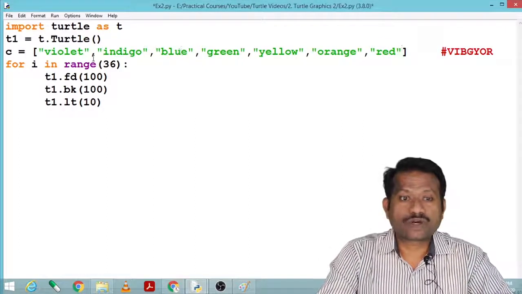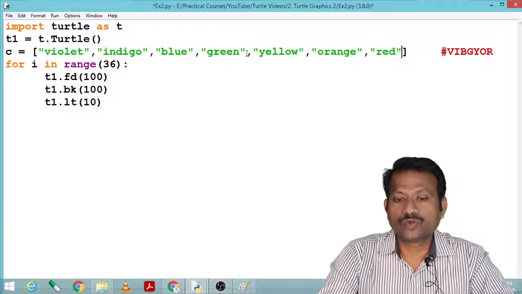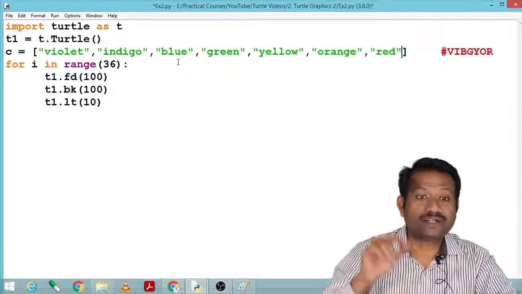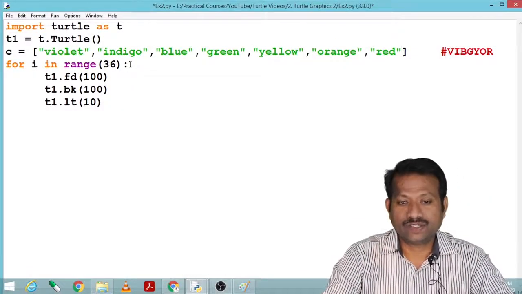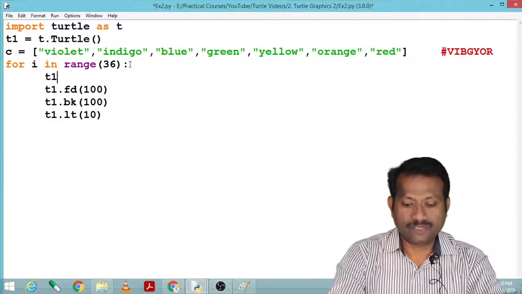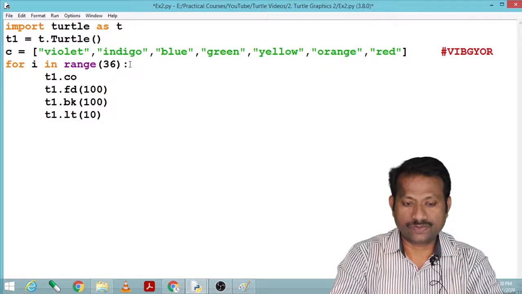Now these are rainbow colors, that is violet, indigo, blue, green, yellow, orange, and I would like to assign those colors to my turtle. So how can I assign it? I have one command, that is t1 dot color.